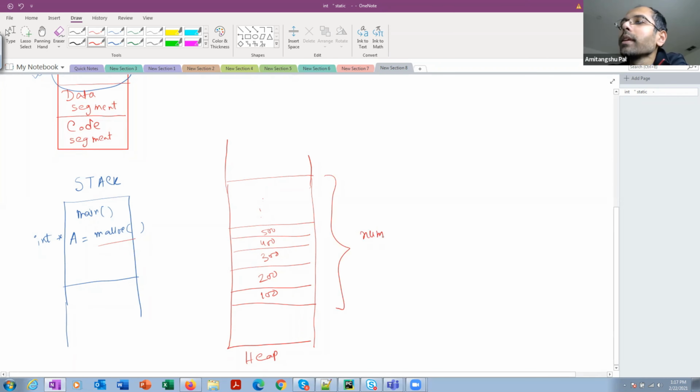Then it is going to return the starting address of this location. So a is going to point to the starting address in the heap space. So your stack frame is in the stack and your memory is allocated inside the heap. Clear?